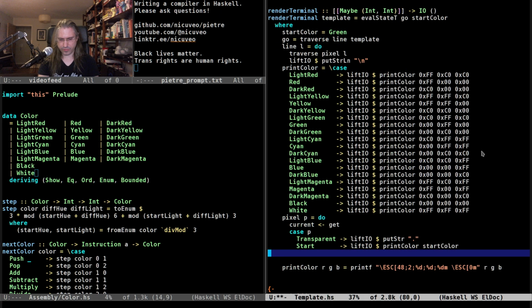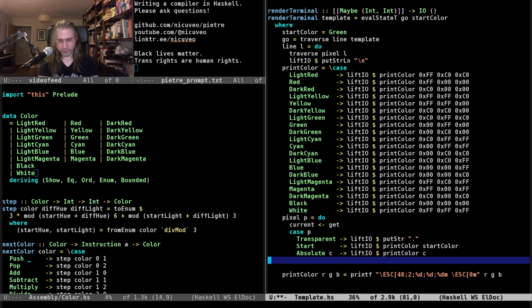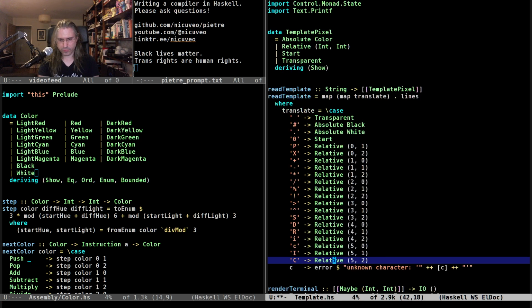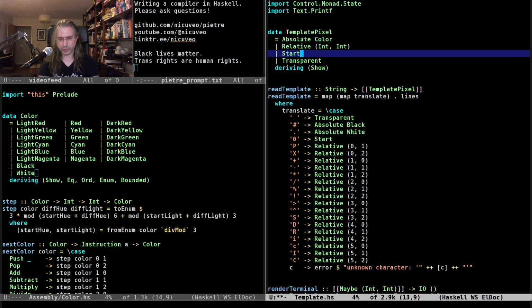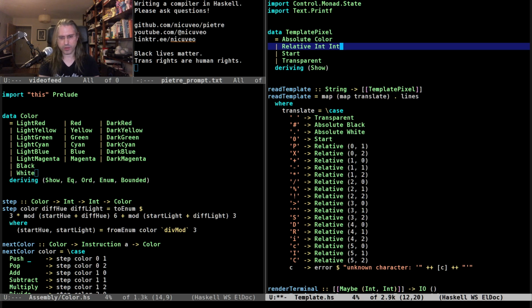Okay. So if we have an absolute color, then we do a lift IO of print color of that color. And finally, if we have a relative adjustment, I guess it's a constructor, I don't need to have a double, it can just be int, int.